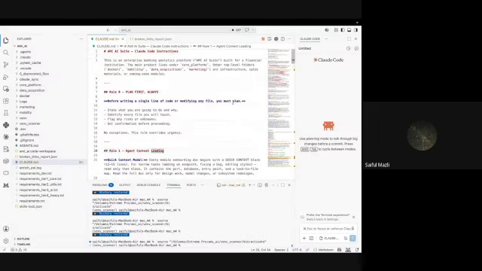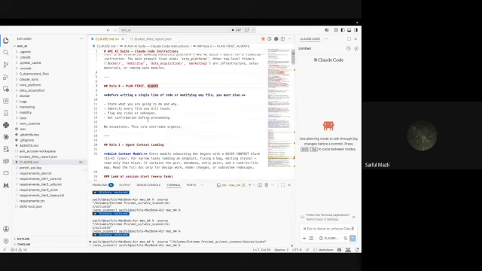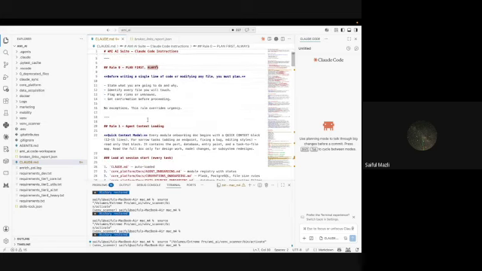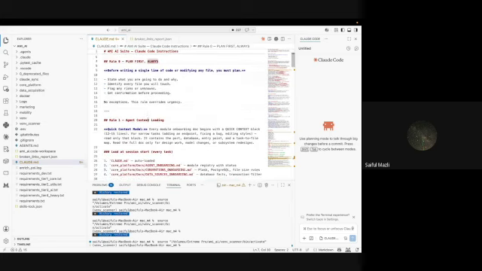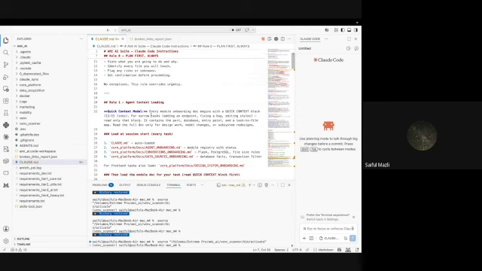Yeah, this is another example of the claude.md. So in this one, I give it instruction, plan first always. Before writing a single line of code or modifying a file, you must plan. State what you're going to do. So this is me instructing Claude exactly what I want it to do, right?